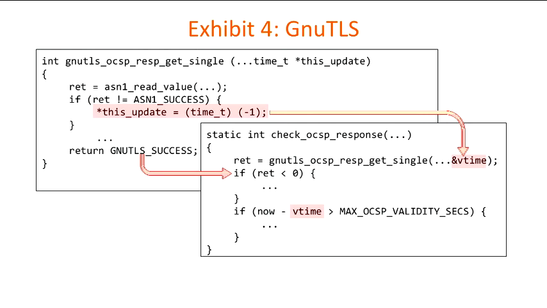This last bug happens in GnuTLS as part of the online certificate status protocol. This is responsible for revoking certificates. In case of an error, what should happen is the time value, which is a parameter pointer, and the return value should both indicate some kind of error. But as you can see here, only the time value is set to a negative value, but the value that's